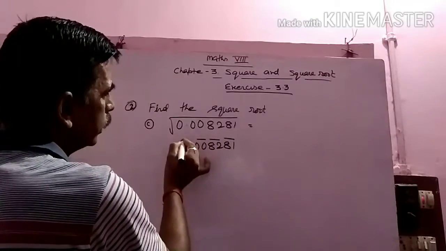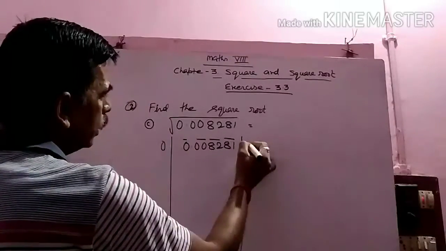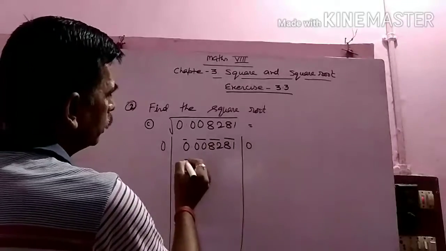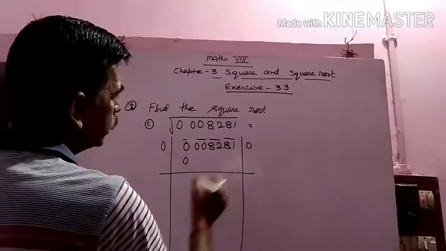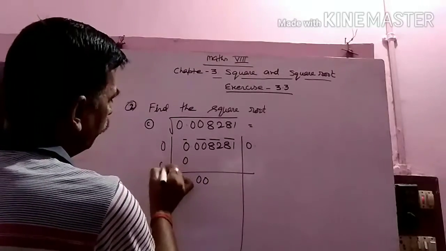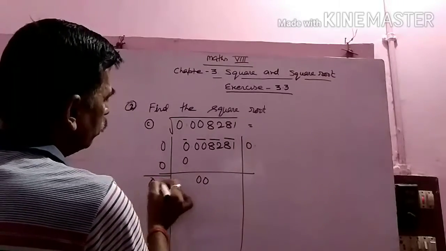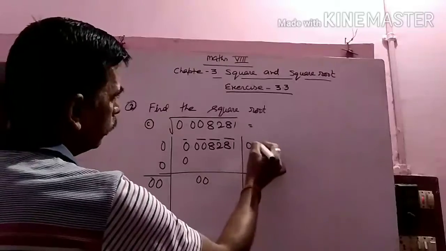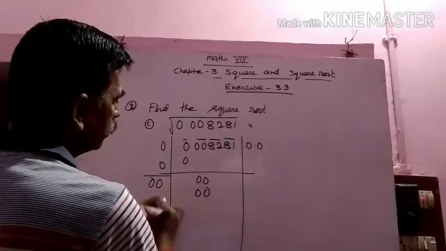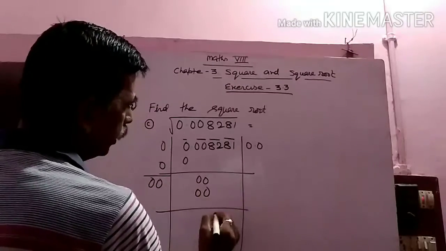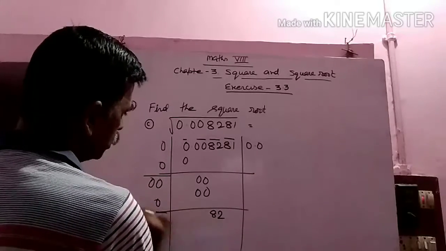Finally, what do we get? A single digit. So look here, it will be like this. 0 1s are 0, 0 into 0 becomes 0. So 0 will be placed here. Then the decimal came, so put the decimal, and 2 zeros will come back. 0 is going to be added with 0, so it becomes 0. Finally 82, so it becomes 0 0.